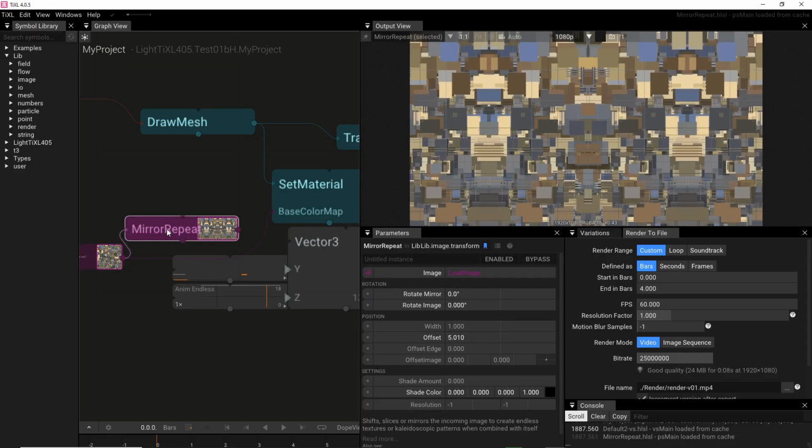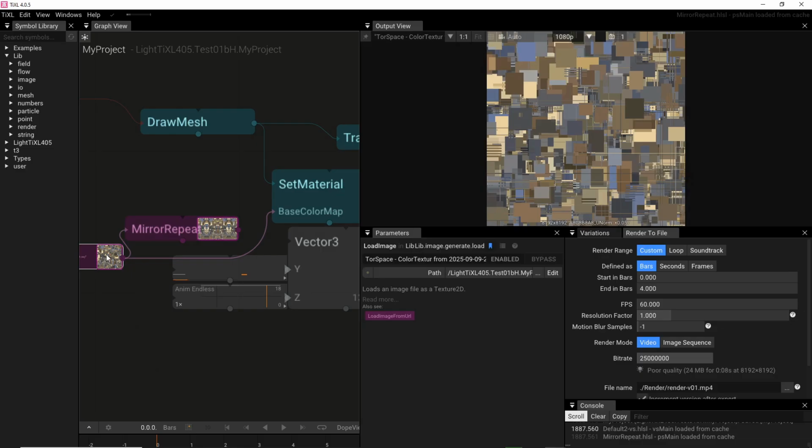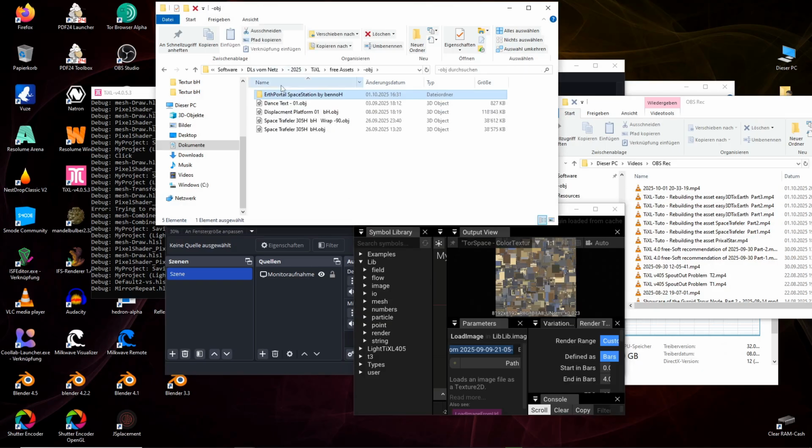Just what I forgot is something in the middle. You must also switch out a line of this load image, but first I must show which texture, which image you must load there. When you get the load image, you have these 3 points here, and I told you you must toggle there, and then you must select this. You must find this file. You have downloaded the free assets, and in this, in the free assets,